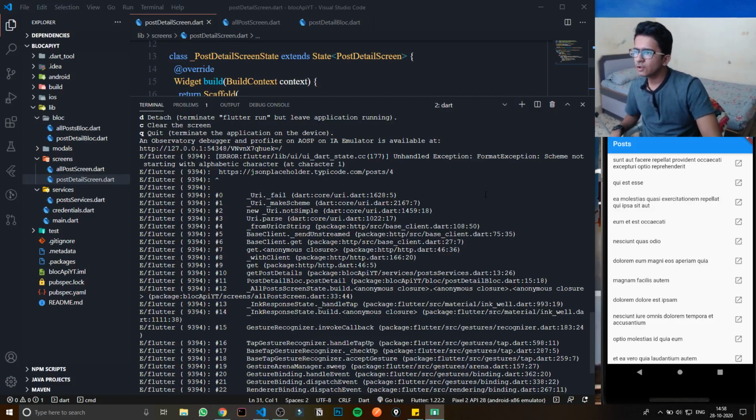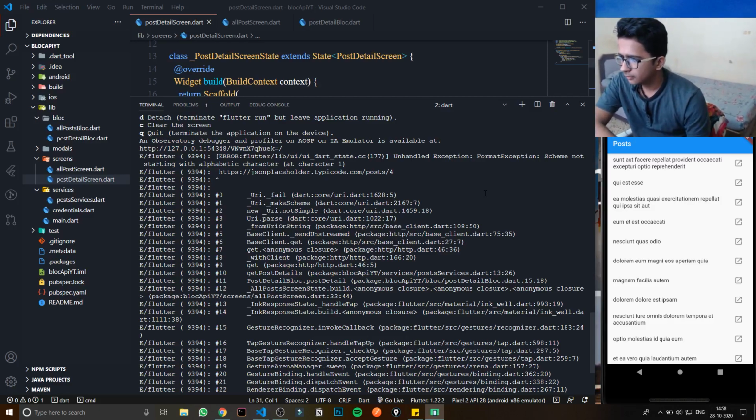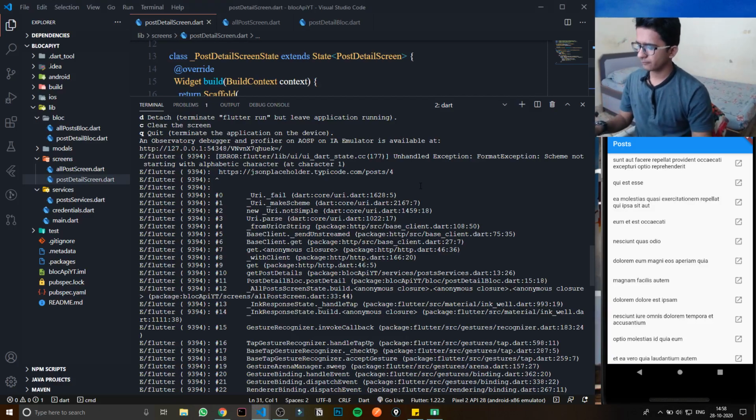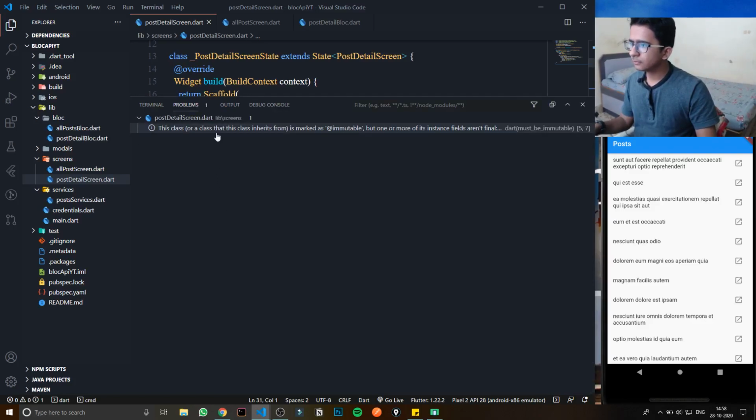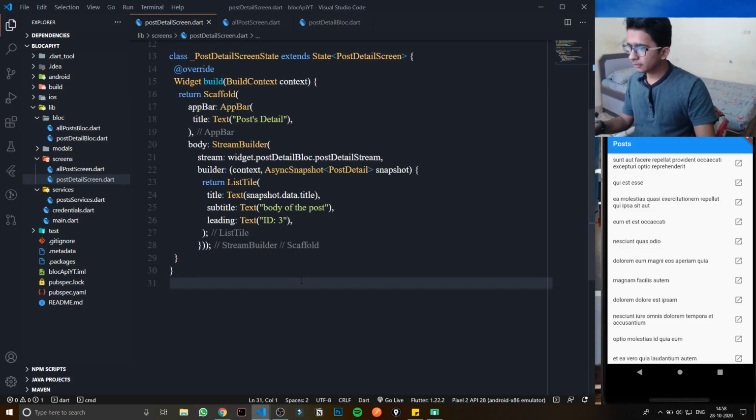Okay, JSON HTTPS scheme not formatted. HTTPS JSON placeholder type. Okay, I'm facing some error. What is it? Okay, let's see. There is one problem also. What is the problem? Oh, leave that.